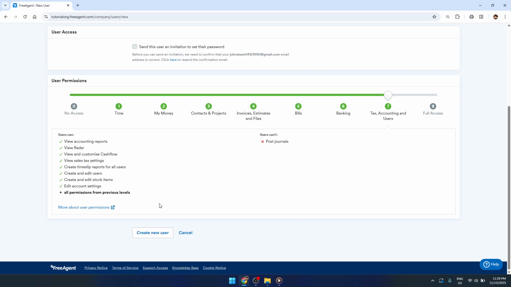There you have it, a straightforward way to add an accountant to your FreeAgent account, making financial management a smoother,